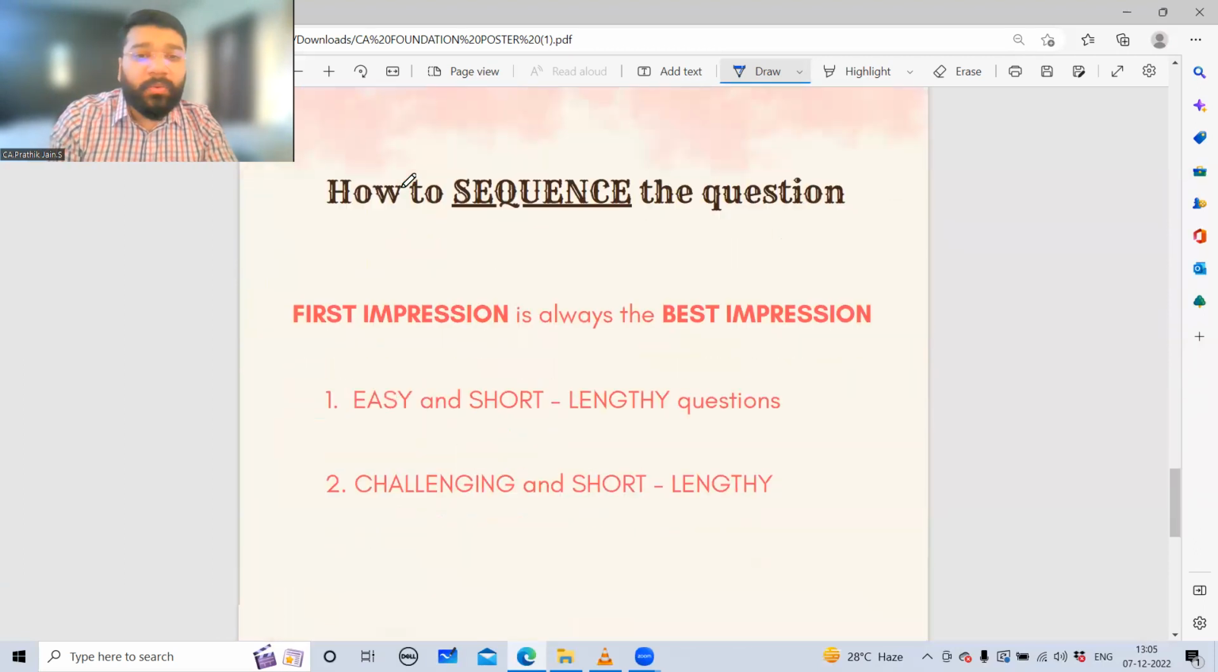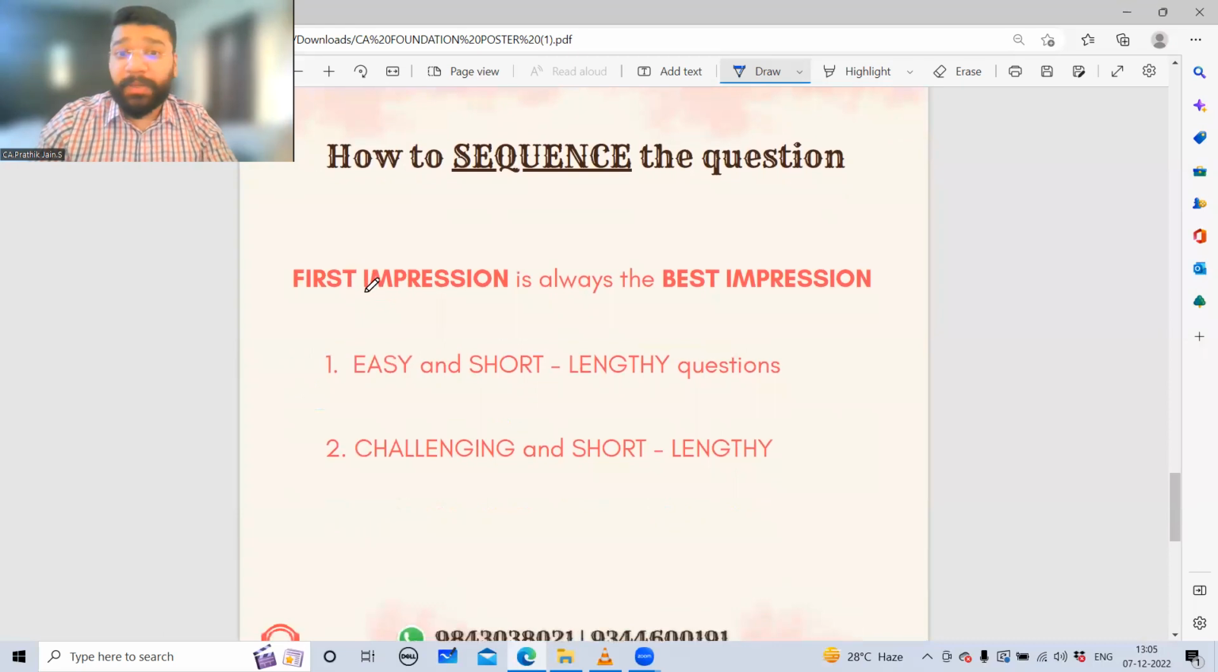Always remember one thing, that first impression is the best impression. So definitely the first question that you're going to present will be that question which is easy and short. Easy because you can get the answers right. Short because you will be able to complete that question well within the time. And therefore,